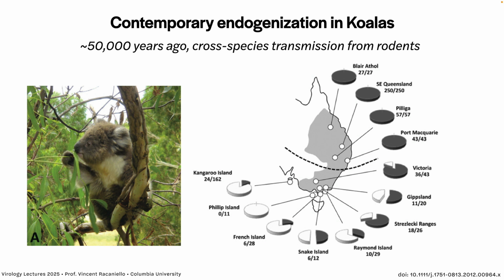But this is a cool map showing you in different parts of Australia the fraction of koala populations that are positive for these endogenous retroviruses. You can see in some parts of Australia, they're quite high. In other parts, they're lower. A particular island, Kangaroo Island, has only a few. But these are all becoming positive with time. So people are trying to find koalas that are virus negative and keep them separate so you can have a proper breeding style. But this is an opportunity to study endogenization.